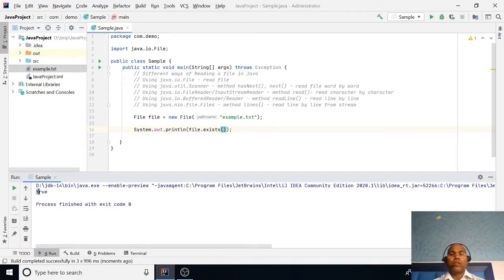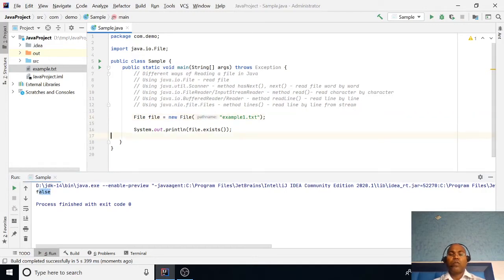So this file exists. If you put some different name like A1 and run it, then we notice that this file does not exist.